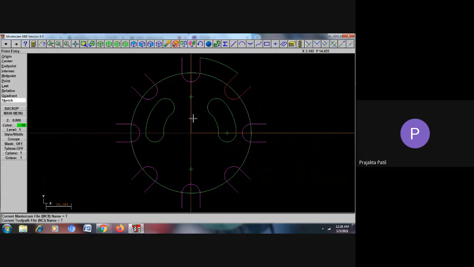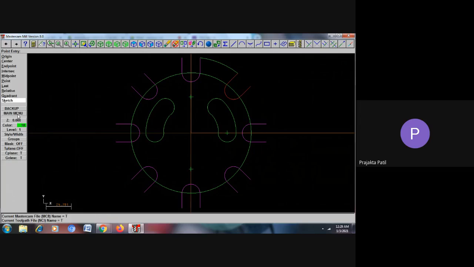Instead of going for the trim, which at times can become a not so comfortable task to do, sometimes some other line gets trimmed and it becomes a little time consuming. So in that case, what we can do is just delete everything, and by using this rotate option, you can conveniently copy this whole thing around here. So how is that done?